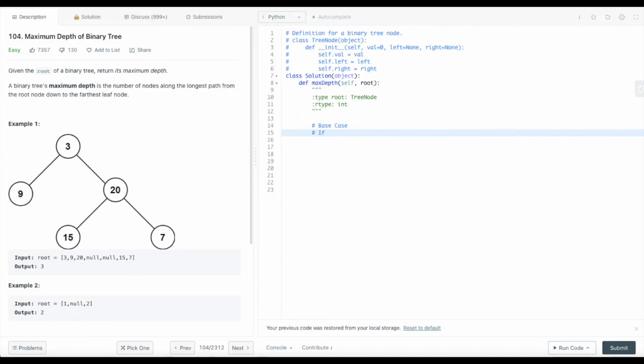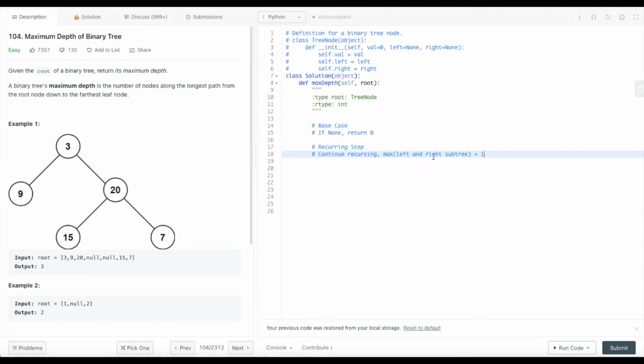If we meet a None value, so basically it's empty, then we simply return 0 because that's the most trivial case, where nothing exists. However, for the recursive step, if a left or right subtree exists, then that will mean that we have to continue recursing to find the value that we want. And we're taking the maximum of the left and right subtree and adding 1 to it